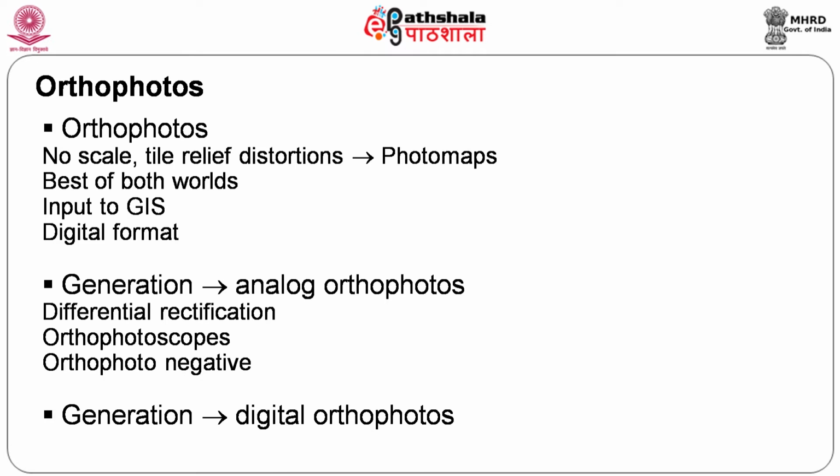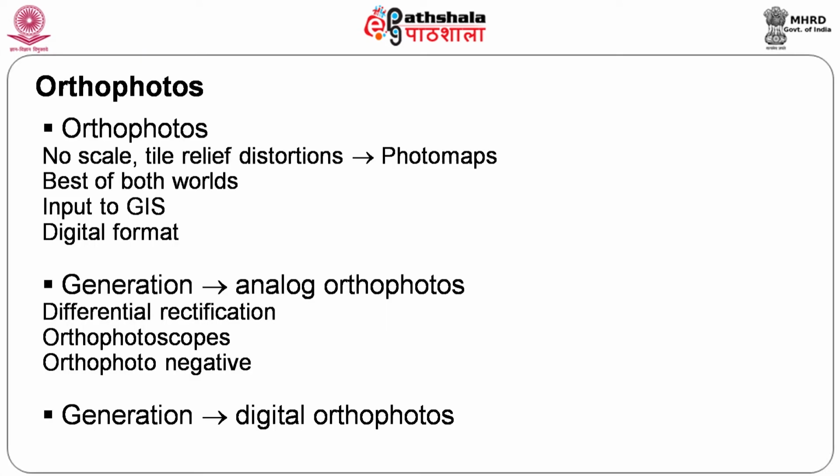So, orthophotos, as I was just telling you, the biggest advantage in orthophotos is that you will not have any scale or relief, tilt or relief distortions. That is why they are called photo maps. In the sense, you can directly start making measurements on them, using only two dimensions. You can't get the third dimension because it's a two-dimensional orthophoto. But the advantage is that you will not have any error with respect to the scale. Scale will never be different, incorrect rather.